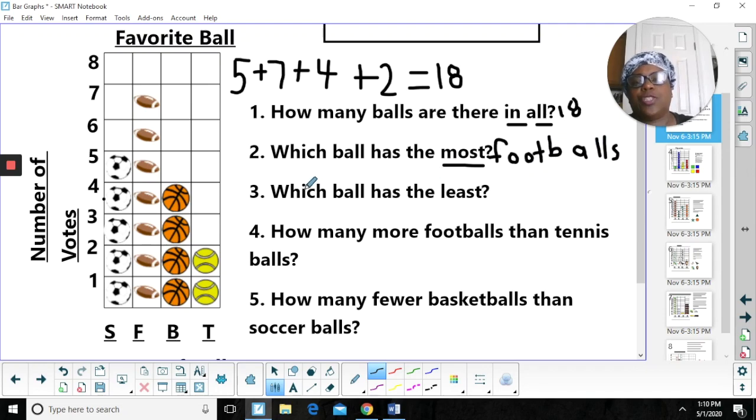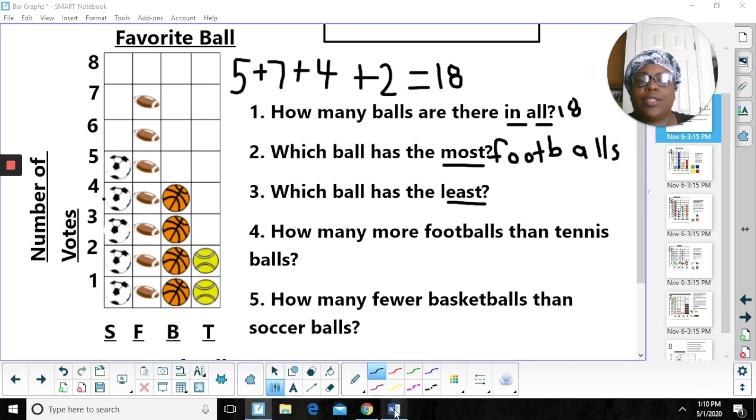Okay, so now next question says, which ball has the least? Which ball has the least? Here's a key word, least. What does least mean? The smallest amount. Okay, if we look at this, once again, here we go. Soccer ball has how many? 5. How many footballs do we have? 7. How many basketballs do we have? Up and over? 4. And how many tennis balls do we have? 2. So if you just were to write those numbers down and look and see which number is the smallest number,